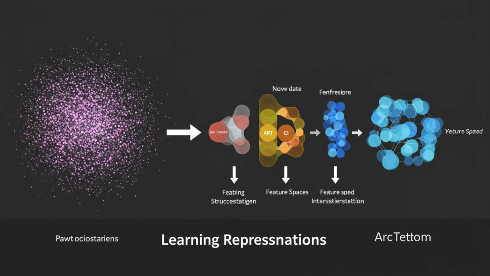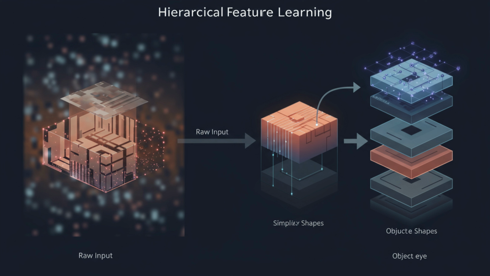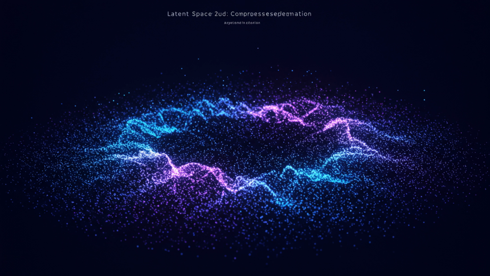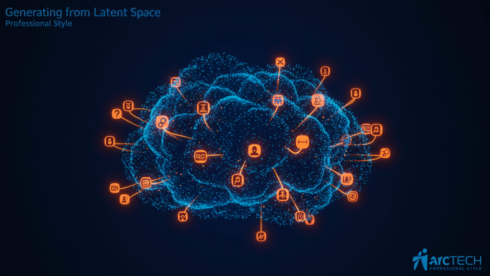Deep neural networks are powerful because they learn meaningful, hierarchical representations of the input data, not just raw features. Early layers capture simple features like edges. Deeper layers combine these into increasingly abstract concepts like object parts or entire objects. This final, compact representation is often termed the latent space. It acts as a compressed, semantic blueprint of the input data. In generative models, manipulating or sampling points from this latent space allows us to create novel, coherent, and diverse data